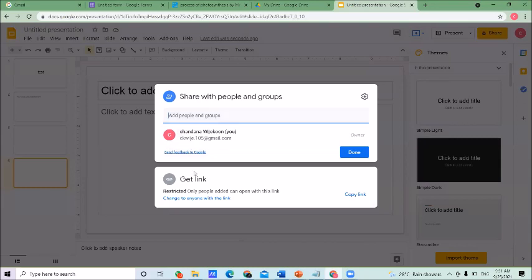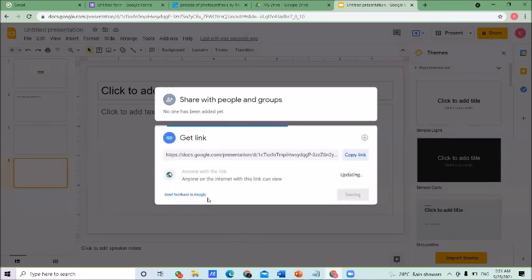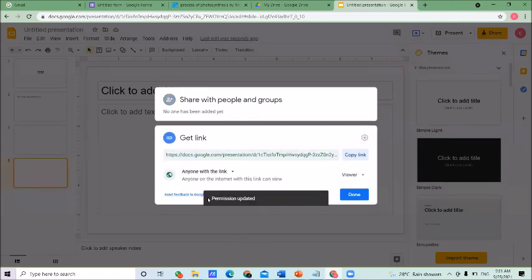Here also you have the option Get link. Before this, there is an option to change to Anyone with the link. Click on here. Then you can copy that particular link here.